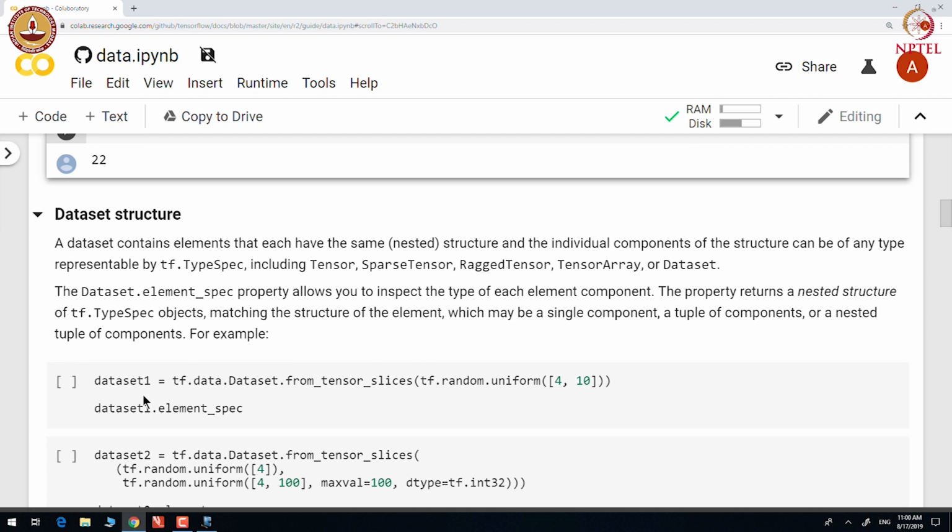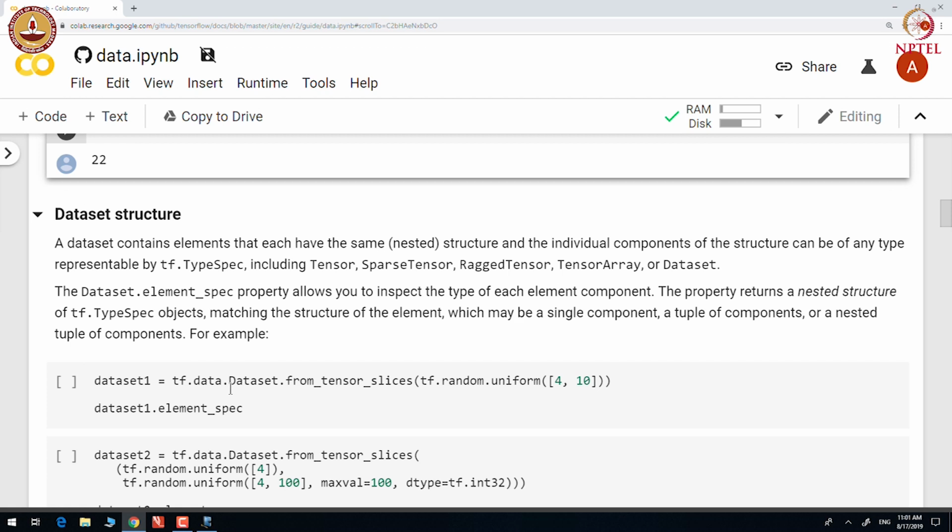This includes sparse tensors, tensor arrays or datasets. The Dataset.element_spec property allows us to inspect the type of each element component. So, let us check out the element_spec of a data set in a concrete example.